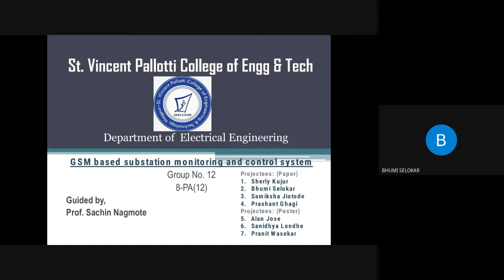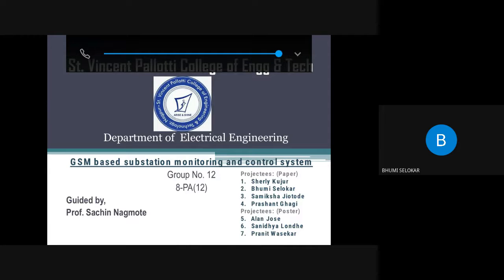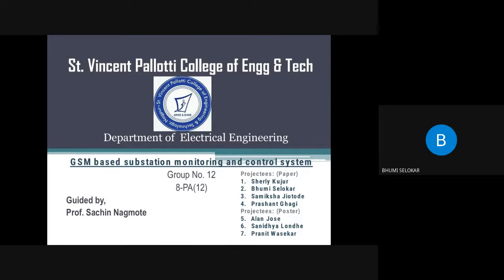Good afternoon, sir. I am Bhumi Salokar from the 8th semester Electrical Engineering Department. Our project is based on a GSM-based substation monitoring and control system. Our project was under the guidance of Professor Sachin Nagmote, sir. My project members are Shaili Kujur, Samiksha Jutal, and Prashant Gandhi. The contents of this PPT are